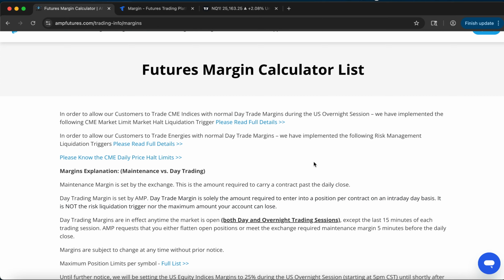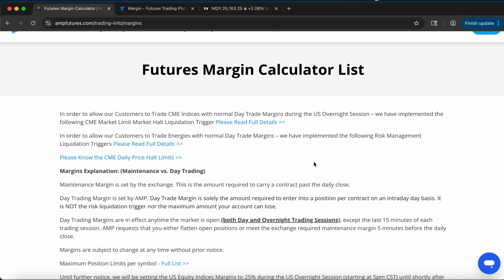What's going on, guys? So today I'm going to go over how much capital you need to trade futures. I'll be going over two different brokers. The two brokers that I currently use are Tradovate and AMP Futures. Their margins are slightly different from each other, not vastly different, but relatively the same. But I just want to go over it so you get an idea and a gauge on how much